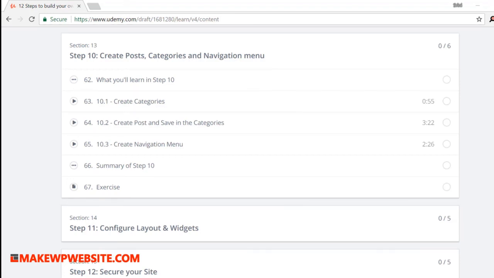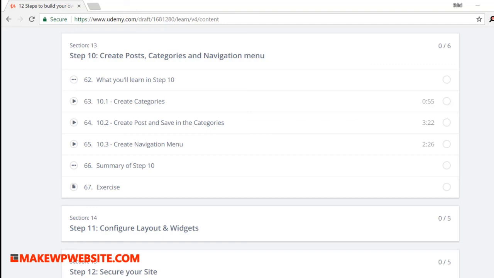Okay, so do some exercises, create some sample posts, create some content for your website, create a category, and see how the post will respond when you attach a single post to multiple categories. And also, how can you add those navigation menus to the sidebars, and then how can you add them to the header section. Go ahead and create some menus and see what options you have in the menus.